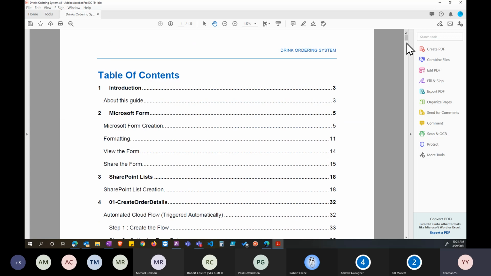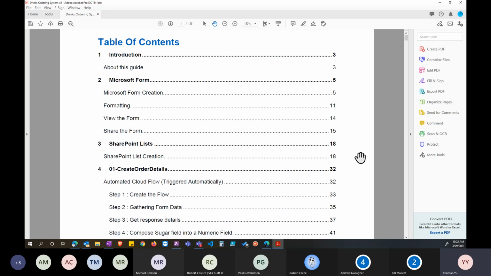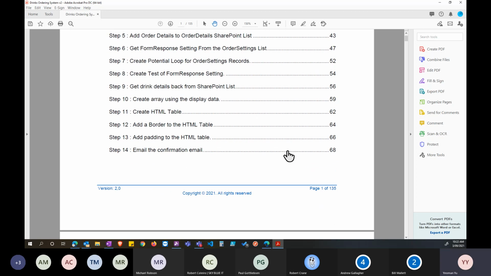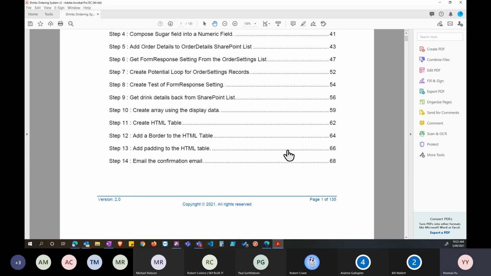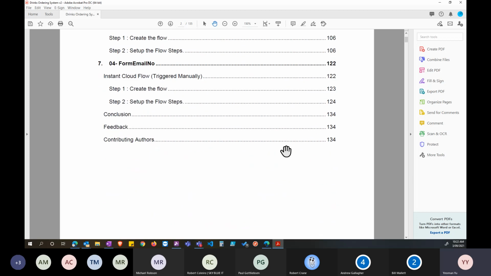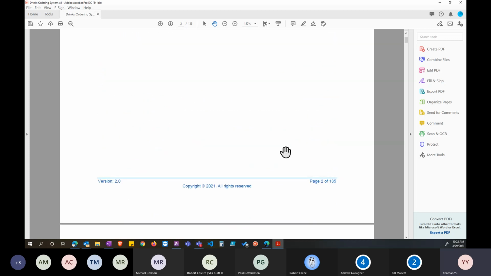Or if you are an entrepreneur, you could take this system and adopt it for other ordering style systems and sell that too. You could take this system, pre-badge it, adopt all the learnings within it, create your own system based on this and make a hell of a lot of money.